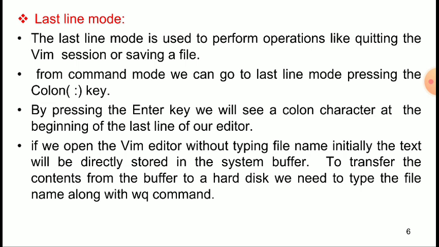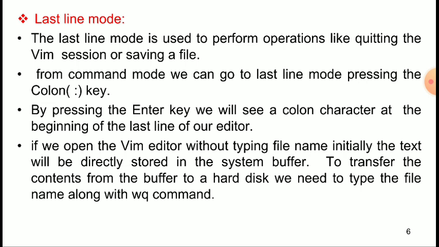And third is last line mode. The last line mode is used to perform operations like quitting the Vim editor or saving a file. From command mode we can go to last line mode by pressing the colon key, and by pressing the enter key we will see a colon character at the beginning of the last line of our editor.